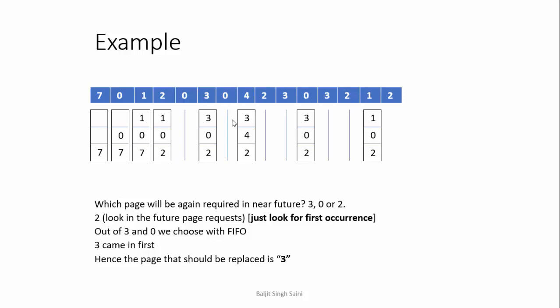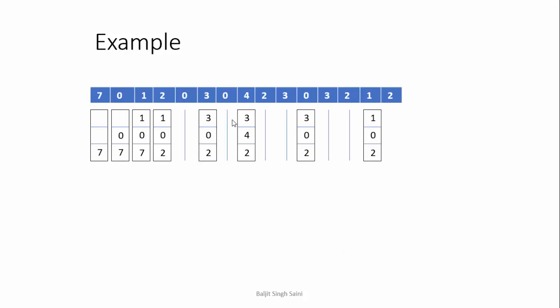Okay, because I am just going for first in first out, 3 पहले आया था 0 से, so I have just resolved the situation using the first in first out concept. Even if you replace 0, then also it is not going to matter because your answer for page faults is going to be the same. Okay, now last 2 is already there, so there will be no page fault. And finally the number of page faults in this case, the answer will be 4, 5, 6, 7 and 8. So optimal will result in the least number of page faults.